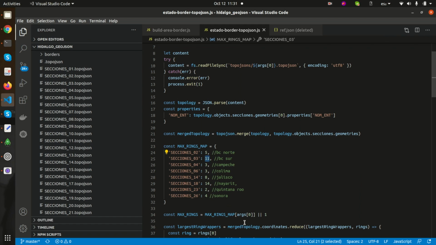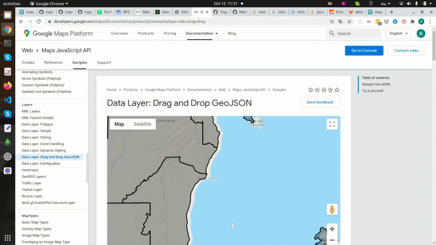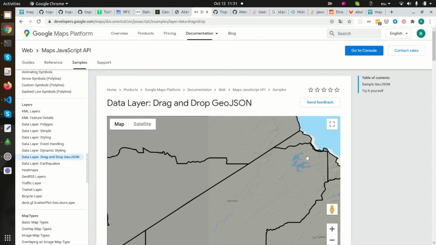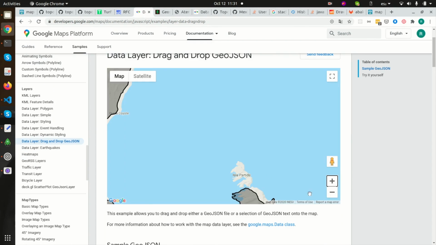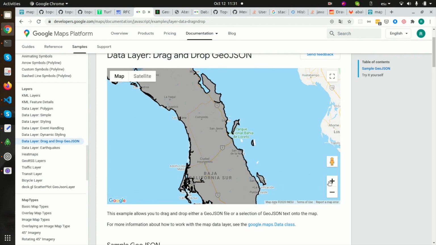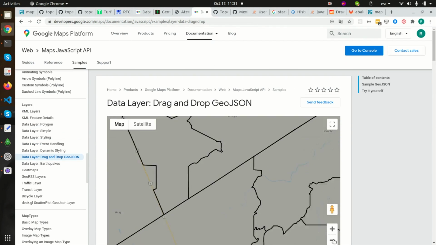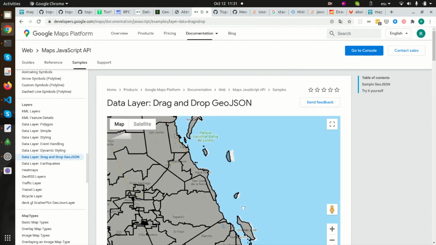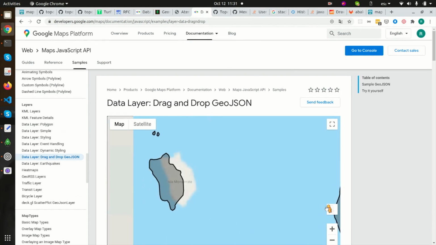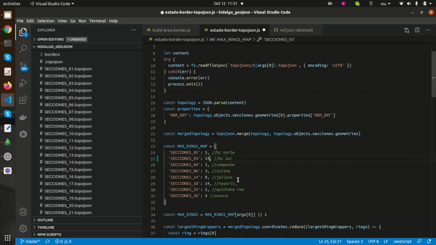So maybe if I increase this to 13, is there any more island missing? 13. Oh, there's another island here below the Parque Isla Montserrat. Does it matter? Yes, it does matter. So one more, 14. Let's just put 15